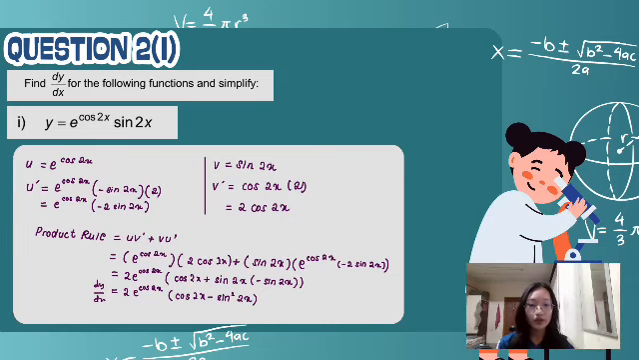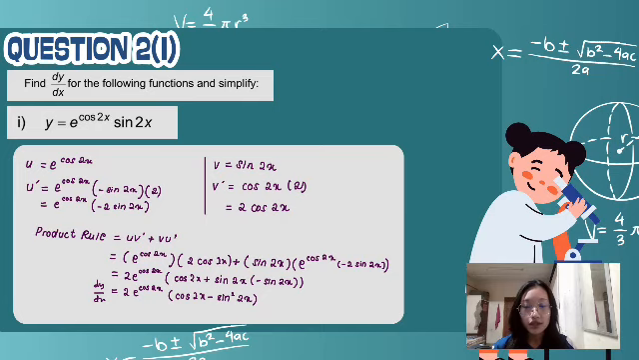For this function, we have to use product rule because in this function, there are two separate functions. As we all know, the formula for product rule is dy over dx equal uv prime plus vu prime. We'll substitute the values that we had differentiated earlier into the formula. So we'll start with u, which is e to the power of cos 2x, times v prime, which is 2 cos 2x, plus